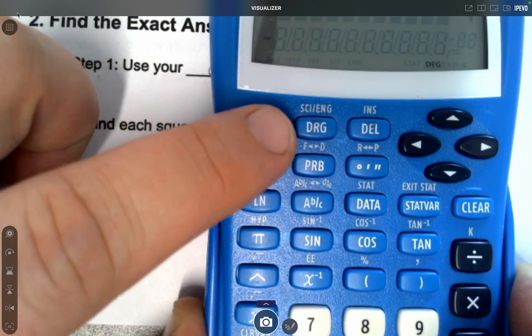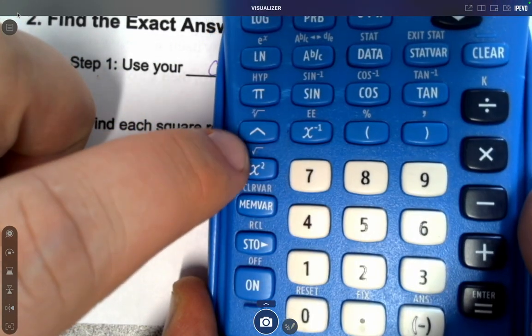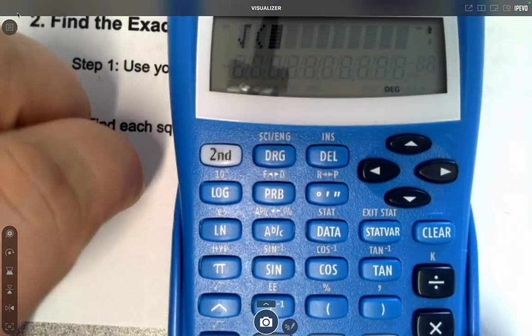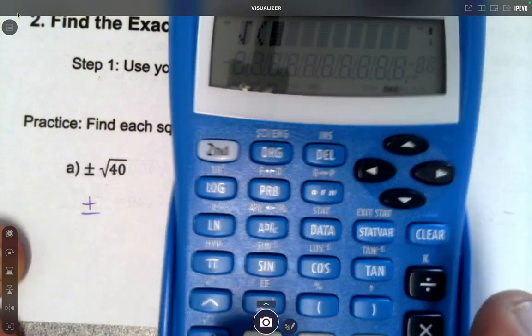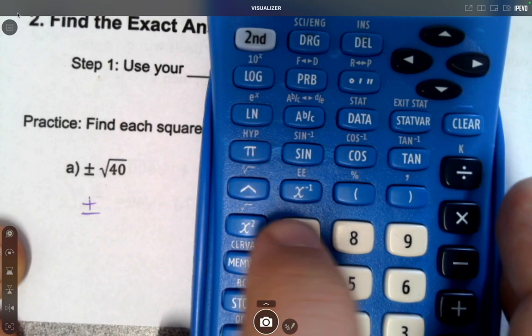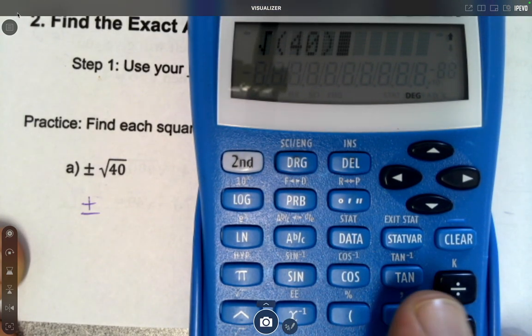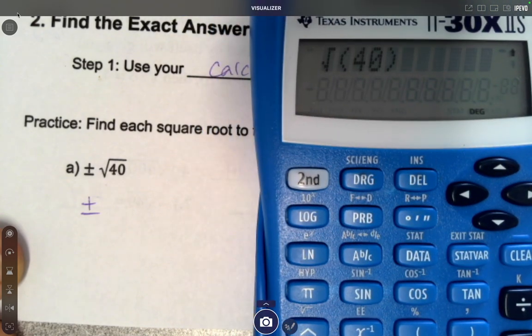So I will type second and then hit the x squared button because I really want the square root above it. I type in the number 40. You don't have to close the parentheses, but you can if you want to. And you get